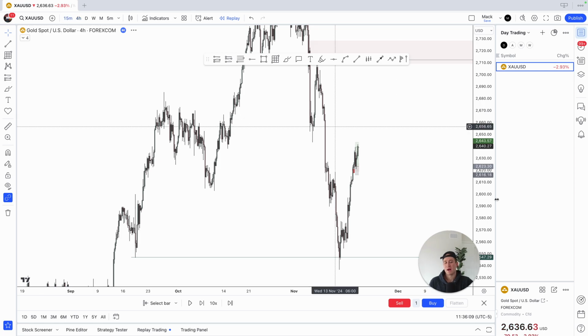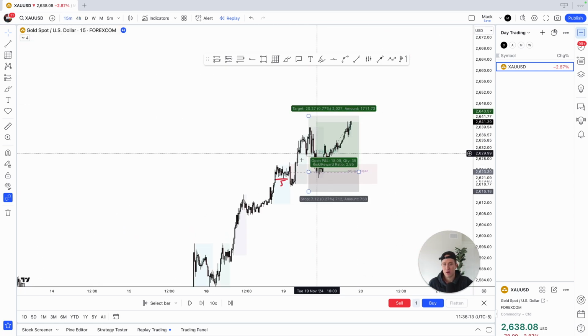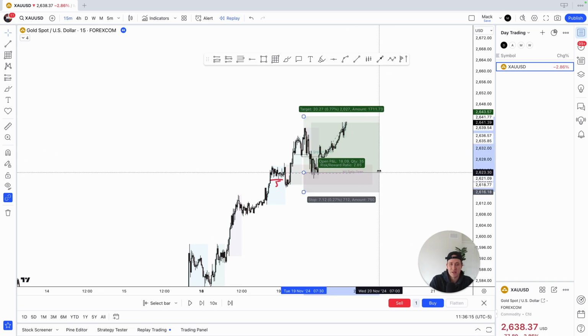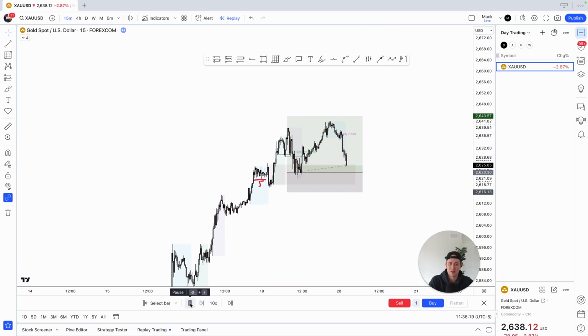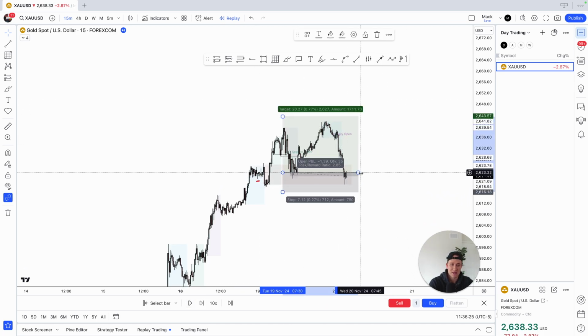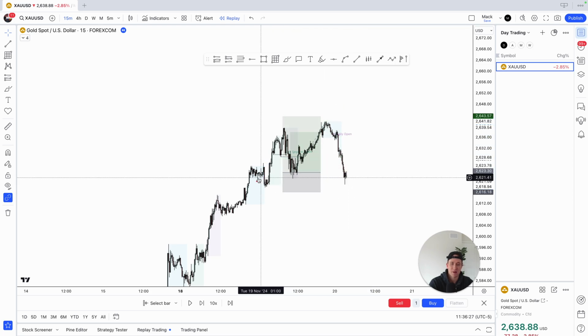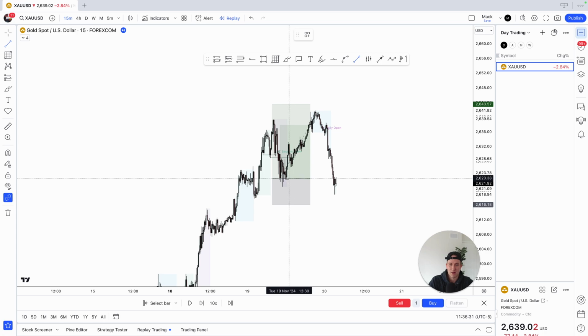Okay, so I was like, you know what? Maybe this will go all the way there. And I just didn't end up closing this trade. And you can see the market just retraces all the way back down and takes me out at break even. So if I just took my profits here, I would have had an amazing, amazing day, because I end up getting in another trade here, which you guys saw earlier on, but I'll pop that up here again